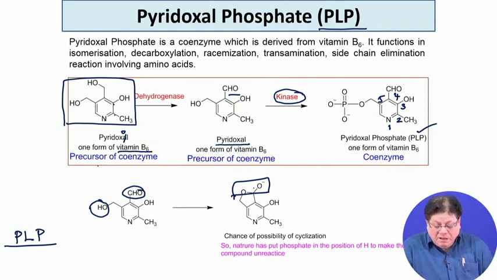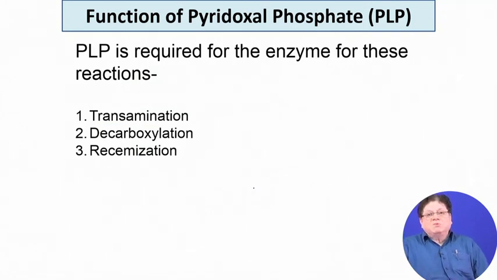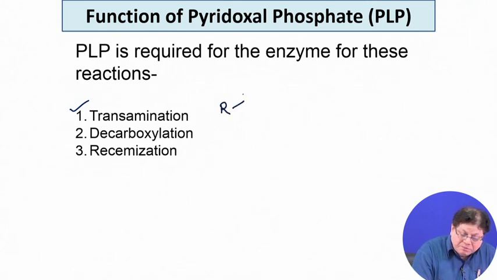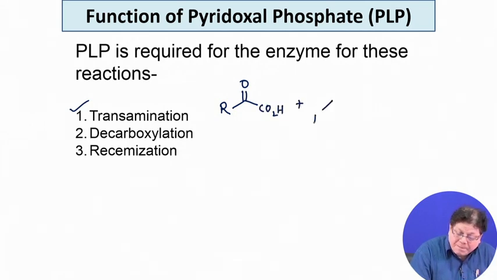Now, let us see what type of reactions pyridoxal phosphate is involved in as a coenzyme. Remember, do not forget that this is actually a coenzyme. So, we are now discussing the PLP dependent enzymatic reactions, the enzymes which require PLP. One reaction is called the transamination reaction. What is the transamination reaction? That is basically transfer of an amino group from an amino acid